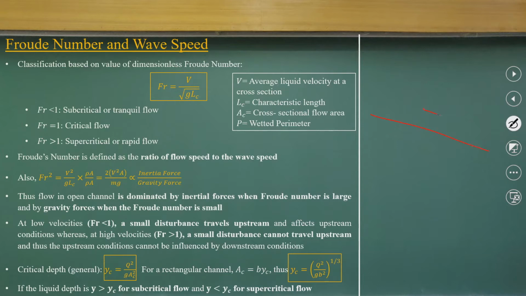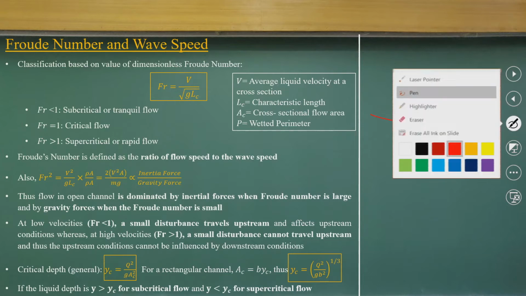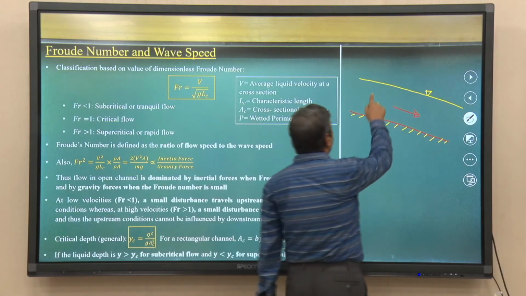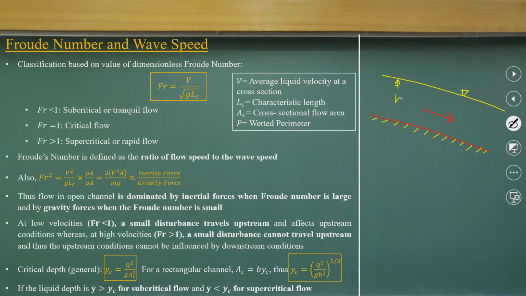Now, just think: let the river be flowing like this. This is the bed level of the canal, and this is the free surface, having flow depth h. If you create any disturbance, let us say there is one big stone there,